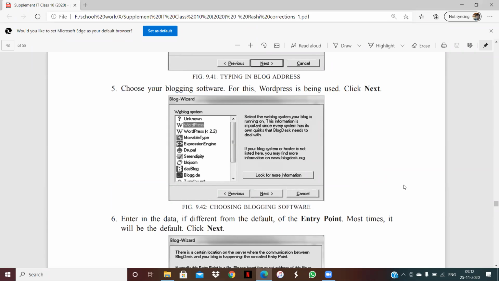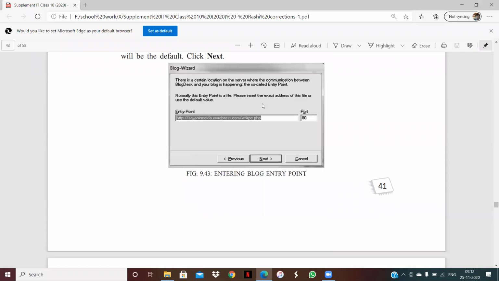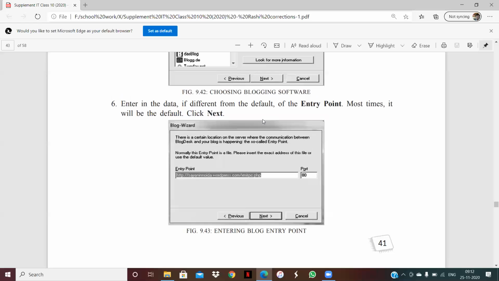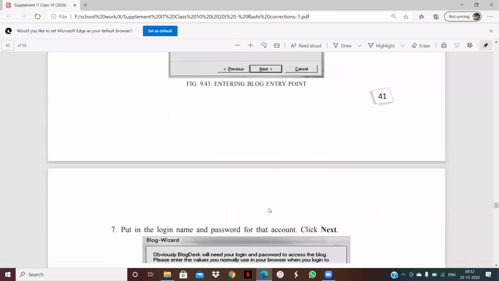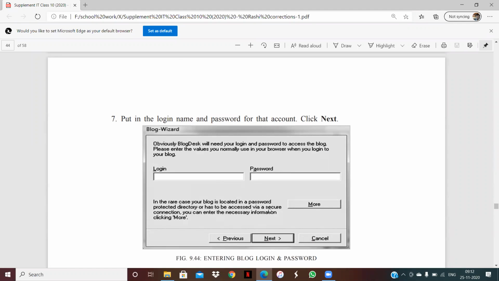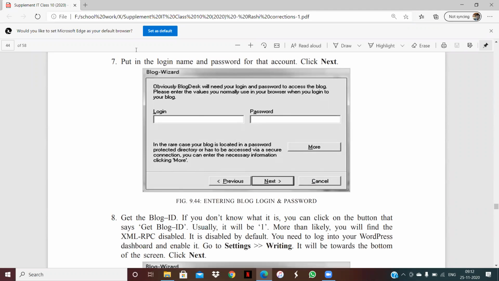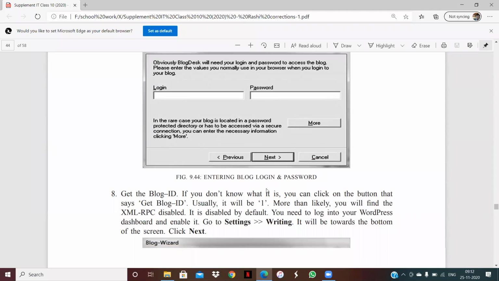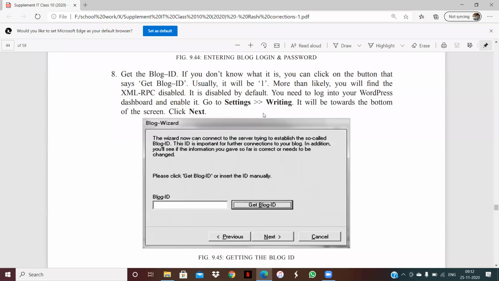When we click on next, it will ask for the entry point where you want to enter the blog address. Again, you have to click on next. No need to write anything. After that, you have to set the login ID and password for your blog. Again, click on next and then go to the settings, and in writing, you will see there is a blog ID.